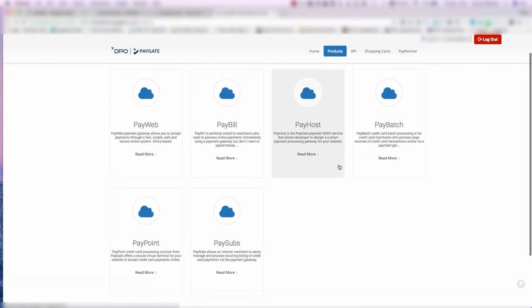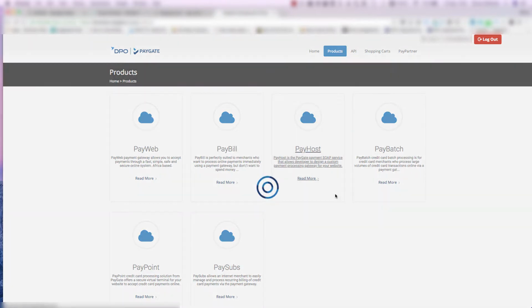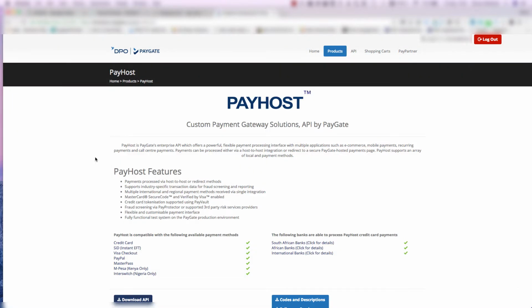Now let's contrast this with PayHost. PayHost is the PayGate payment SOAP service that allows developers to design a custom payment processing gateway for your website. When we drill down into the details for this, we'll notice the one important PayHost feature. Payments processed via host-to-host or redirect methods. In other words, PayHost is a PayGate product that allows another system to manage your transactions and subscriptions, a system